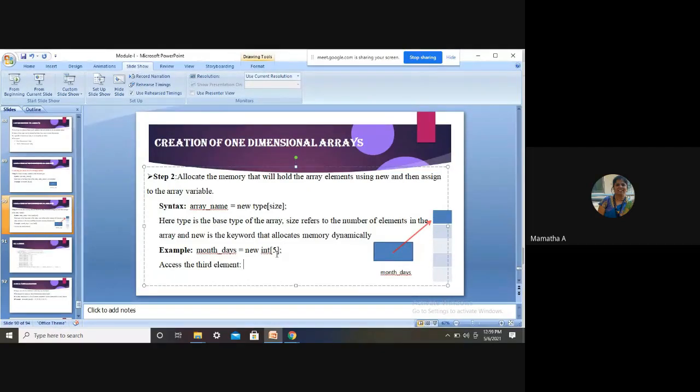To access the third element, it is very simple, as in C. Use the array name and the index 2, wherein the index is surrounded by which parenthesis? The square parenthesis.